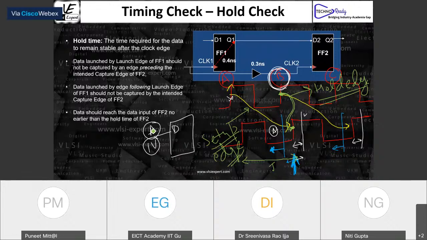But we want that once this flip-flop captures the data A properly, after that we should overwrite it. So we are not saying don't overwrite. We are saying overwrite, but after this time. It's just like in an airport, there is a seat, and someone is sitting on that particular seat.